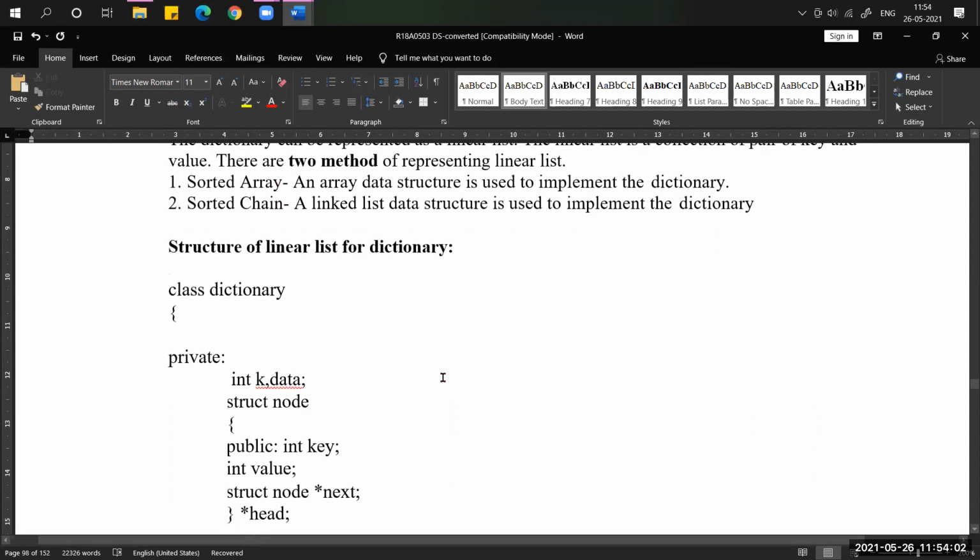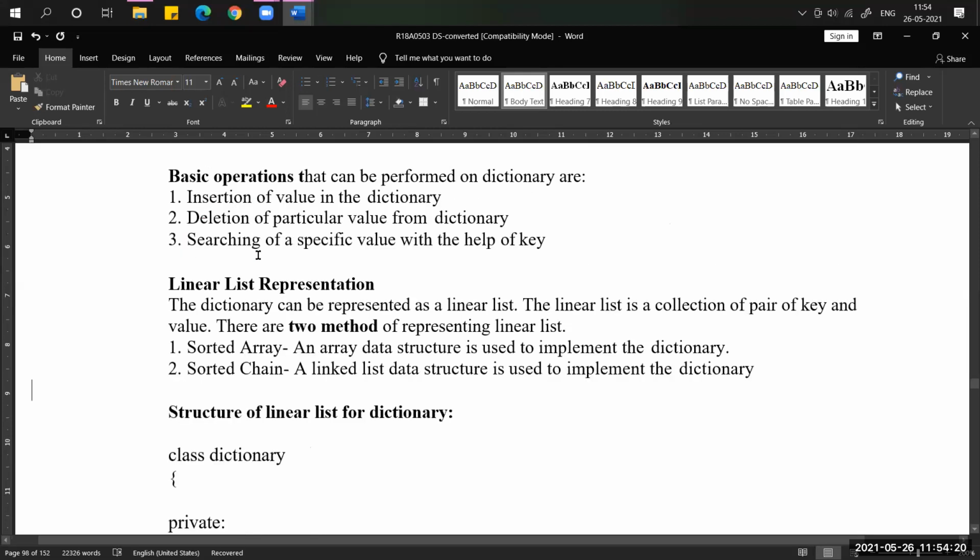Now I'm going to discuss the linear list representation for the dictionary. I have chosen the linked list concept for explaining these basic operations.